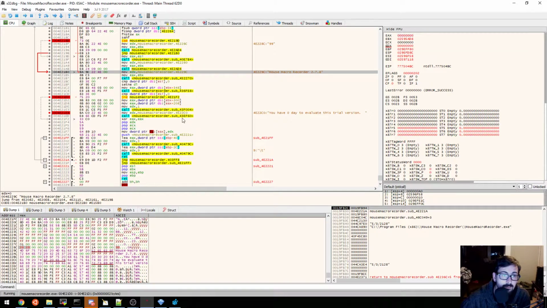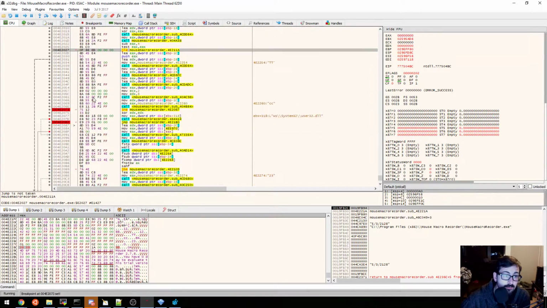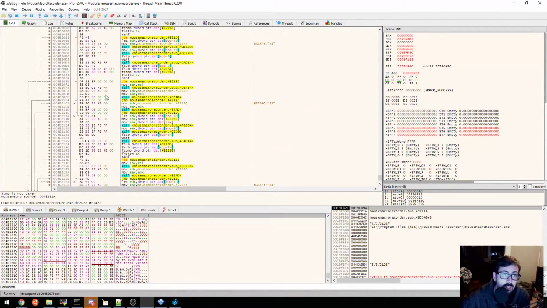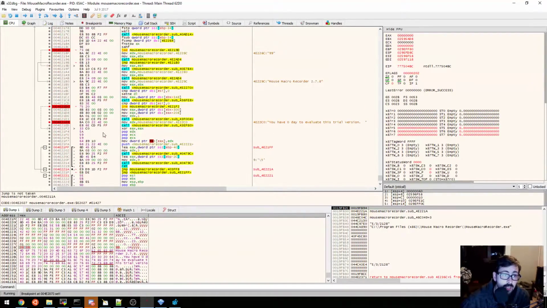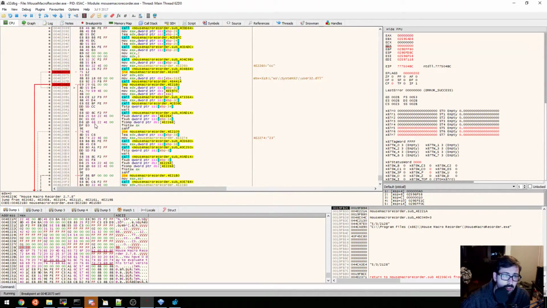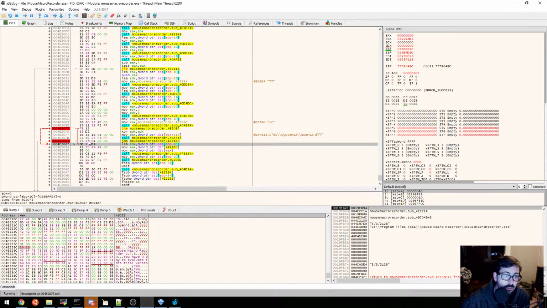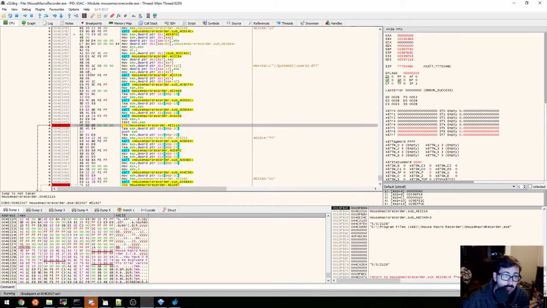Let's see what happens if we take this one here, which means we need to not take this one here, or this one. Wait, where's this one go? Yeah, so we want to end up here. The most direct route is to not end up here. In reality, just don't go past here, which that one does.